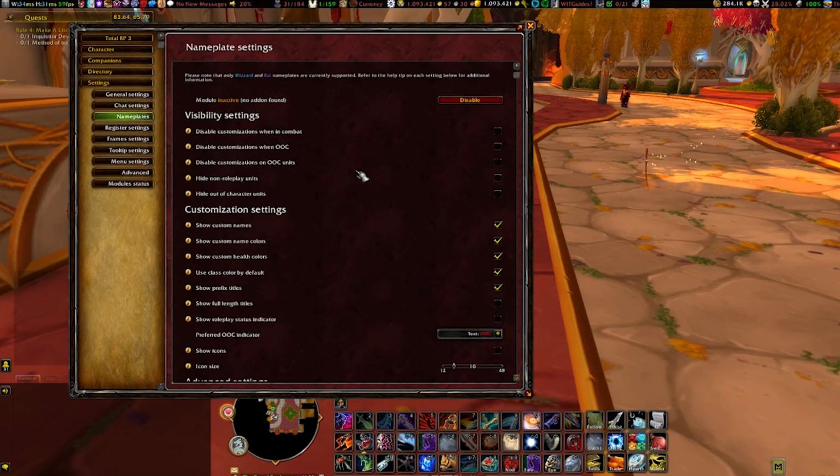Okay, down to nameplates. Module inactive, no add-ons found. I'm not using nameplates because I have Plater and whatever else installed. But if you're using nameplates, this is where you change the settings, so visibility settings. I'm not going to go through all of these because there's no point really. If you have the mod to incorporate this into your nameplates, you can look here for all of these